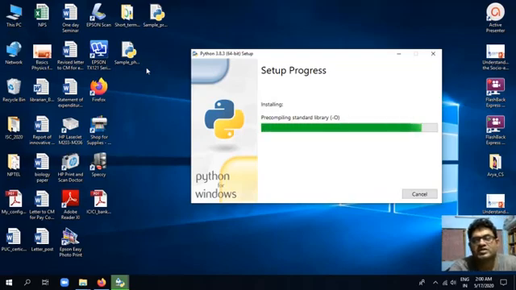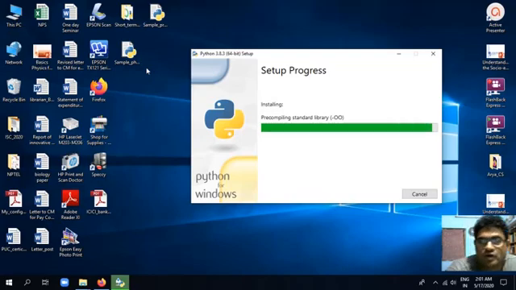There is another distribution of Python which is Anaconda. For Anaconda, the file size is about 450 MB plus, and in Anaconda all the packages are there. Anaconda is a package for R also. All the programs are there. If you want, you can also download Anaconda.